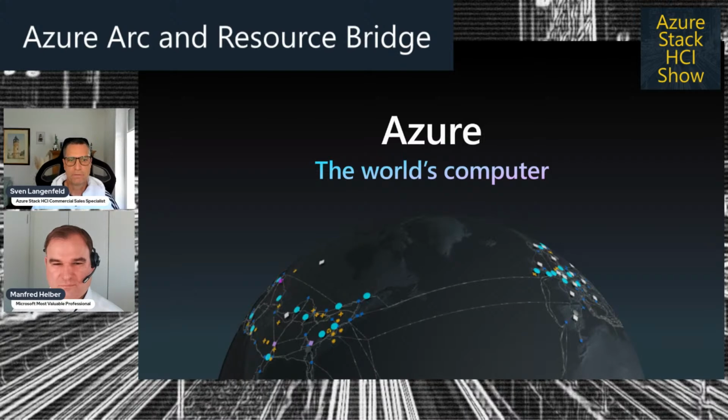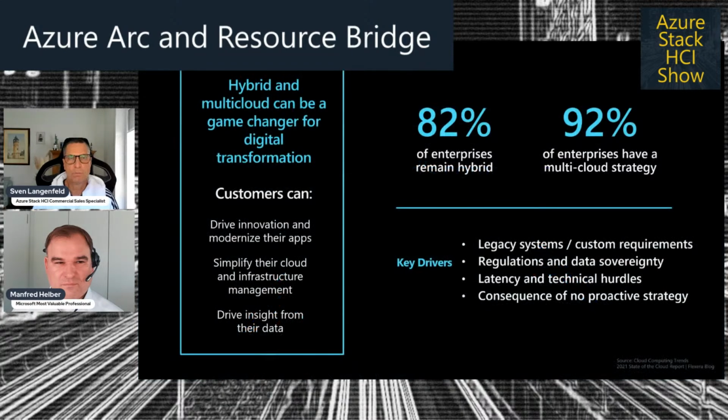But there are a lot of dependencies, and some customers want to go into the cloud, but they are not able to do it, not completely. That's why a lot of customers say, we keep remaining hybrid, especially enterprises. 82% of worldwide customers asked about their cloud strategy said cloud is something we are thinking about or already doing. But 28% say we need to keep some data on premises.